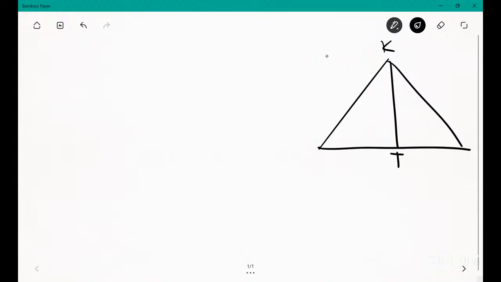K, E, C, A. Okay, so they're saying Chamara and Amal are standing on a level ground on opposite sides